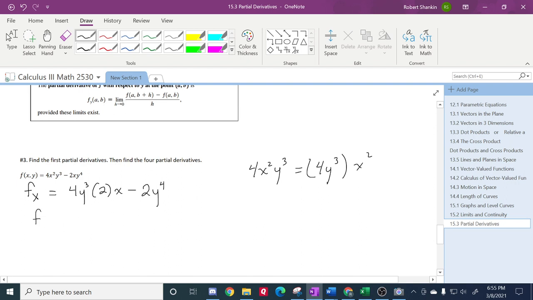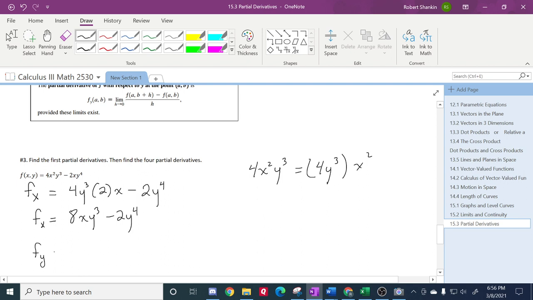So fx, reduce that a little bit, 8xy cubed minus 2y to the 4th. It becomes really easy computations to take these partial derivatives after you get used to this. You get used to treating the other variables just like it was the number 5 or something. Okay. So, you try